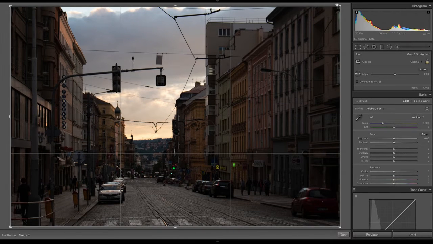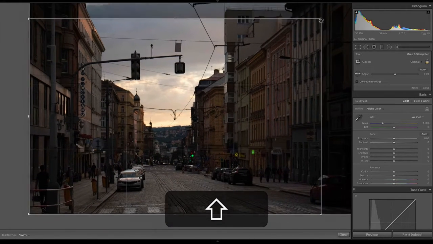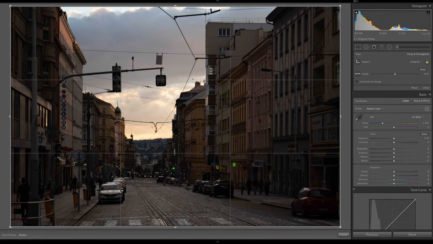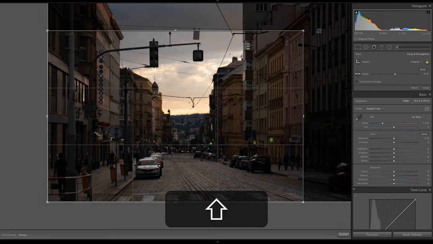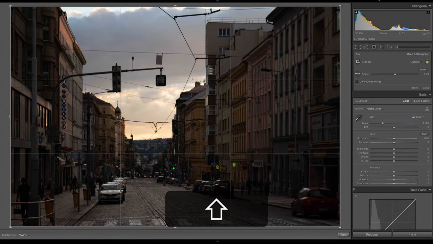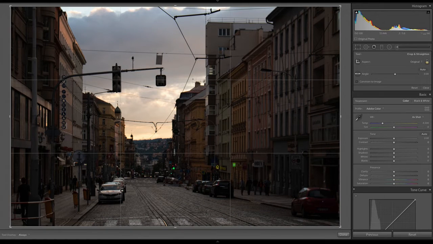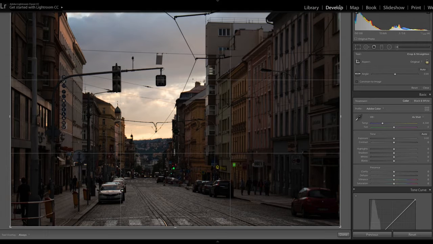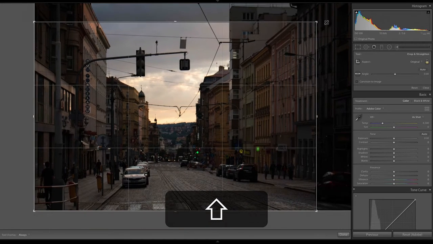And the reason why I crop everything first is because I want to get rid of anything in my photo that I'm not going to have to worry about editing. Now this photo is very distracting. There's lots of things going on. There's wires in the sky. There's lines going down the street. There's people, there's buildings, there's cars. And I want it to be a little cleaner.